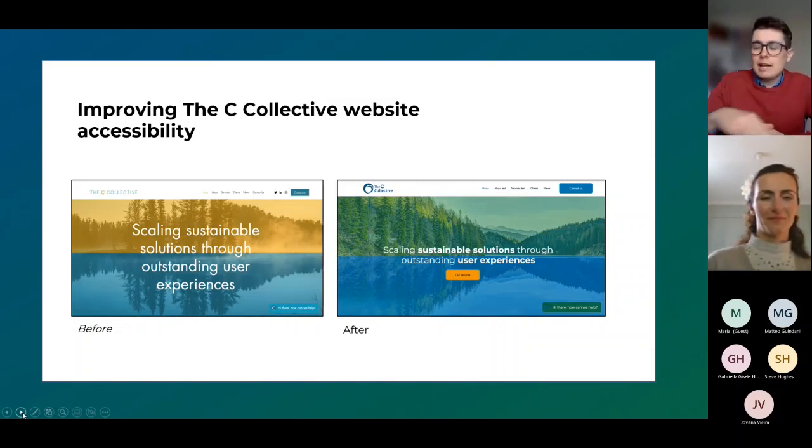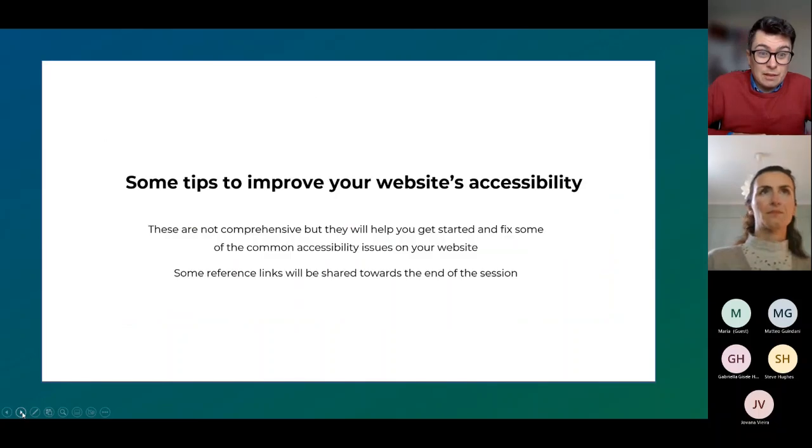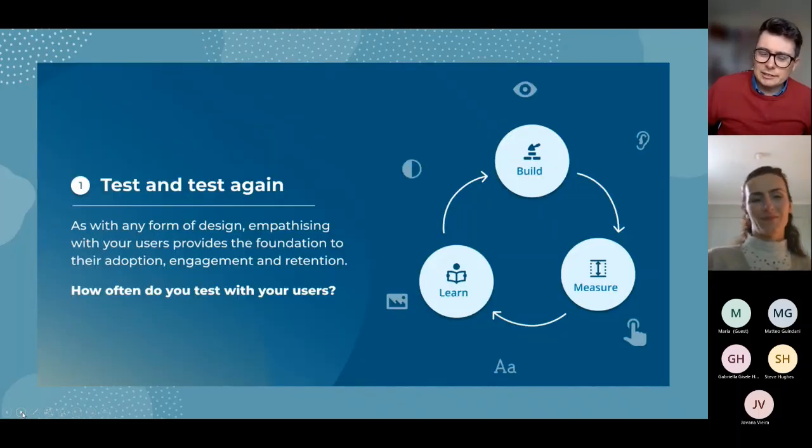So anyway, that's a little bit of an overview of accessibility and what we've tried to do with our products, with our website. And what I've got now is 10 top tips for you guys to take away and hopefully will help you improve your website's accessibility. Before I do that, I've got this disclaimer that you always have on these things. They're not comprehensive. There's way more than 10, but we don't want to be on a call for 24 hours listening to me rattle on about this stuff. So I've picked out 10. Hopefully they are stuff that you can action and relatively straightforward. So let's go through them, starting with testing.